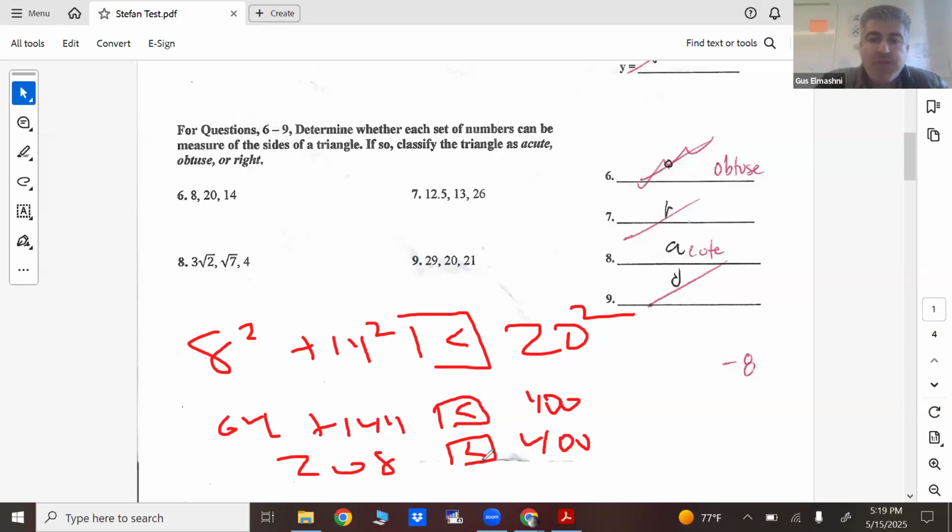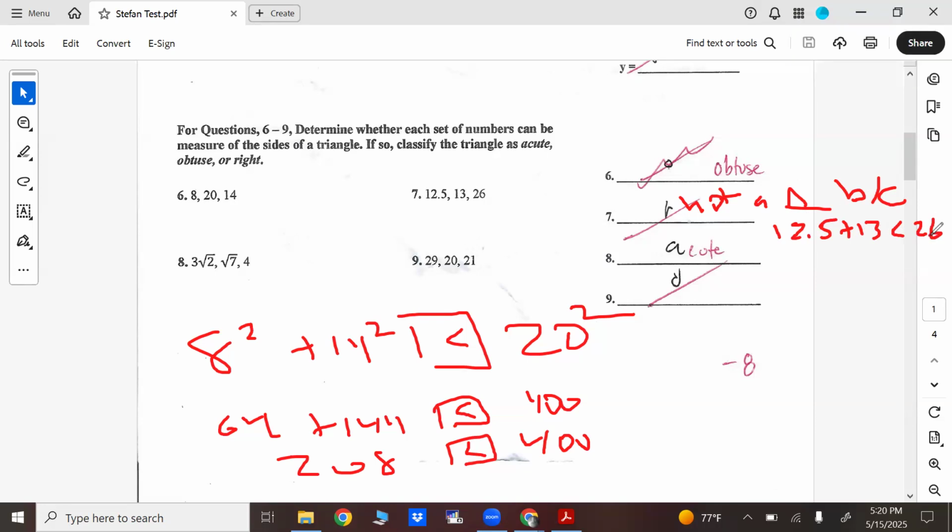For seven, no triangle because 12.5, those 13 is less than 26. Yeah, and then 9 would be